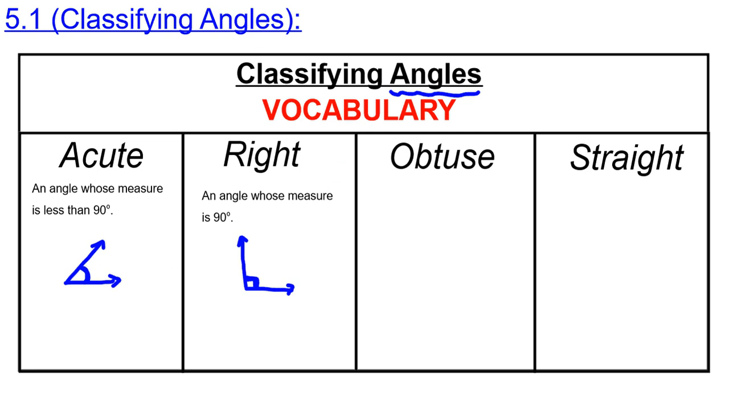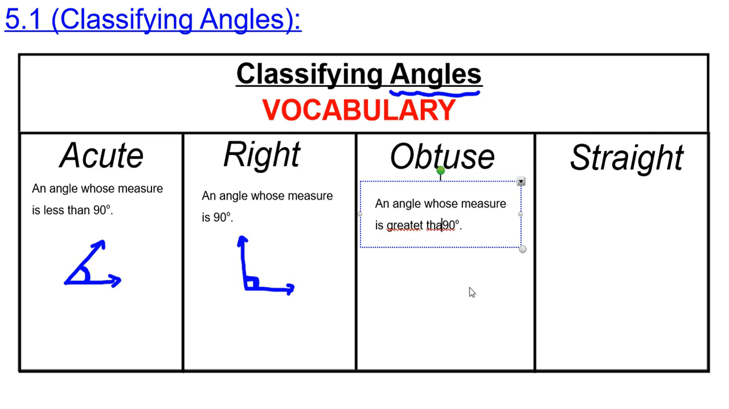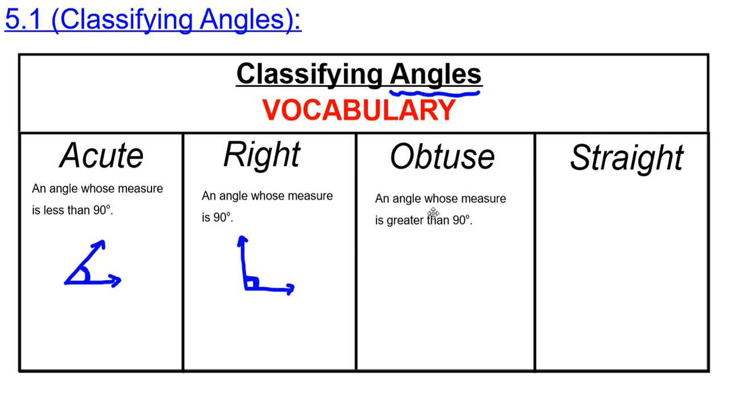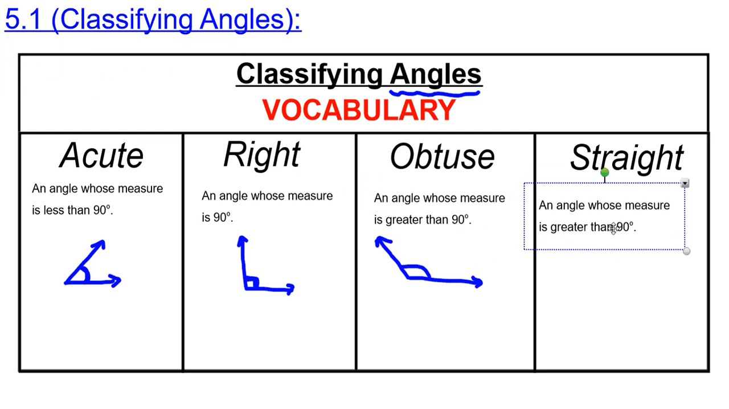All right, an obtuse angle is an angle whose measure is not 90, not less than 90, so greater than 90 degrees. Obtuse angle, an angle whose measure is greater than 90 degrees. So if you have 100 degrees or 130 degrees, anything greater than 90 is an obtuse angle. And I should say that it's also less than 180, because if it's exactly 180 degrees, then we get to the next one. So a straight angle is an angle whose measure is